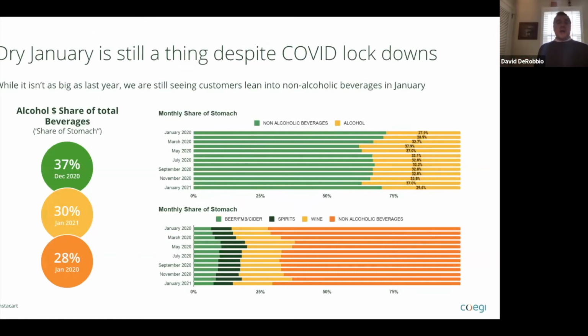We look at data like dry January. So did people take the month of January off like they typically do, even though we were in the middle of a pandemic in January 2021? We weren't back in January 2020. So we look at share of stomach, right? And we look at total beverage sales. And we look back and say, well, okay, so about